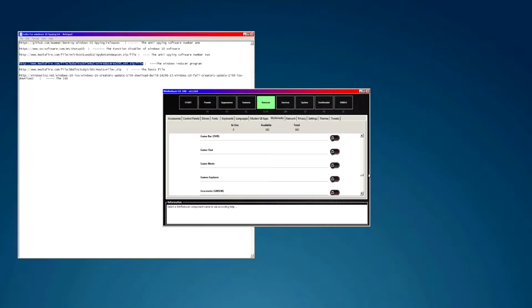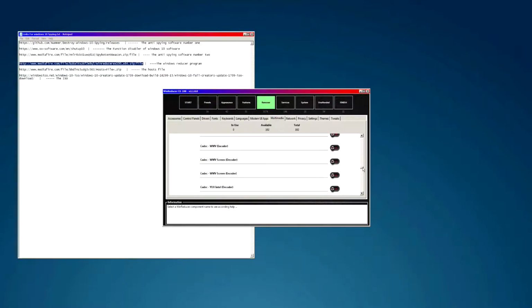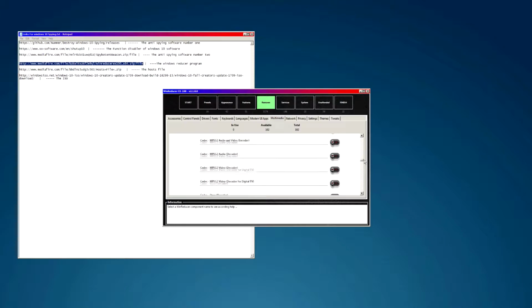Game mode, game chat, games explorer. Game bar. We can have the game bar. I tried disabling the game bar last time and something went wrong. I'm not sure, I can't remember what it was, but we'll have that enabled this time. Alright, let's,